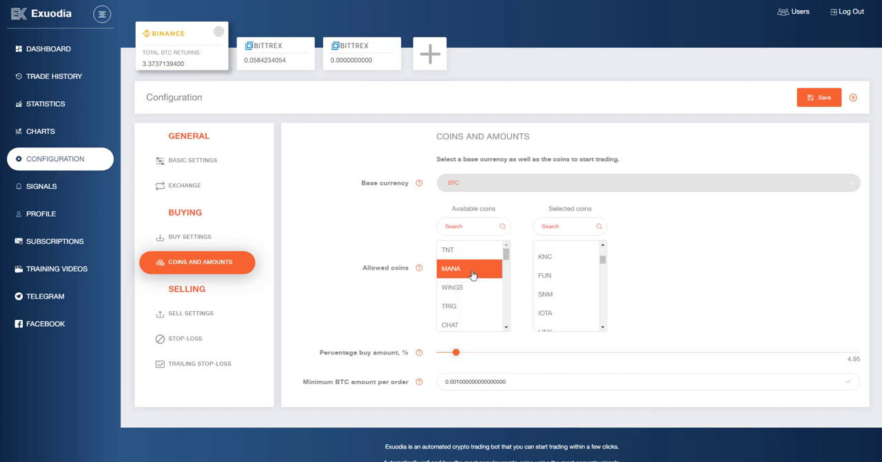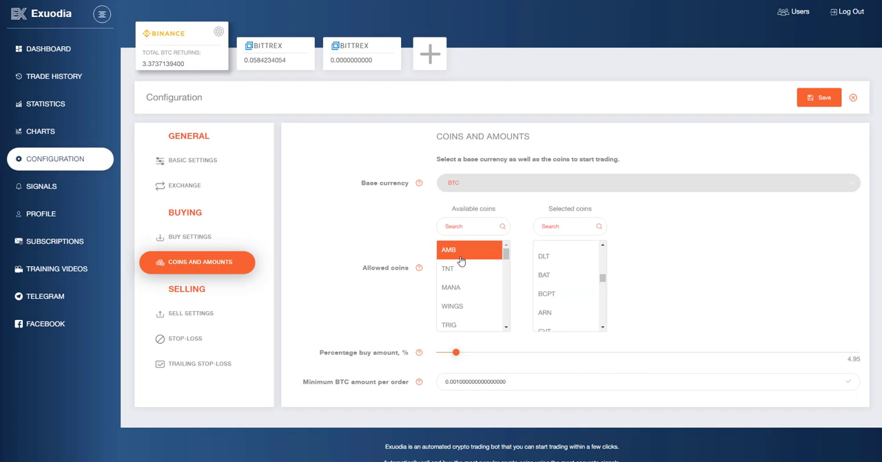But I saw that some coins are not that volatile, so the bot couldn't really sell the position. If I look at my current open positions right now, and I see a certain coin that hasn't sold for a couple days or a couple weeks, I then see that, okay, I don't want the Exuodia trading bot to buy this coin anymore. So I find the coin here. For example, if the coin was AMB, I click that out of the selected coins, and it